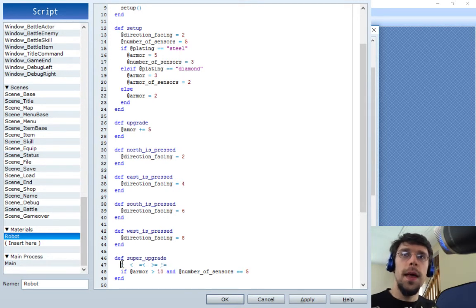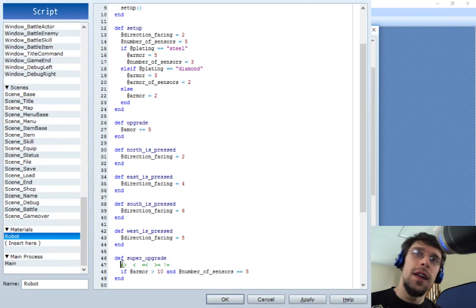This, by the way, is a comment. The program won't read the code if it's after one of these pound signs or hashtag signs. If you add one of those, it won't be read by the code, and you can put anything in here. So these are the different comparators you'll use. Very useful, good to have. If at armor greater than 10 and number of